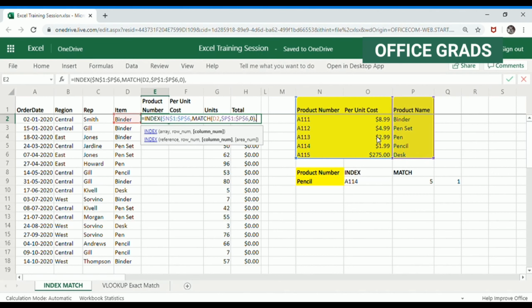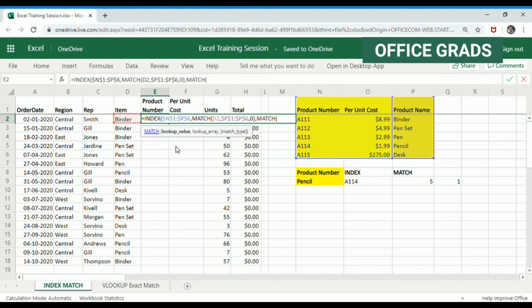So I press comma. For the column number, again I will have to update the MATCH formula. So let's do that. Equals MATCH, bracket open. Now for the column, these are the titles, right, which is available over here.